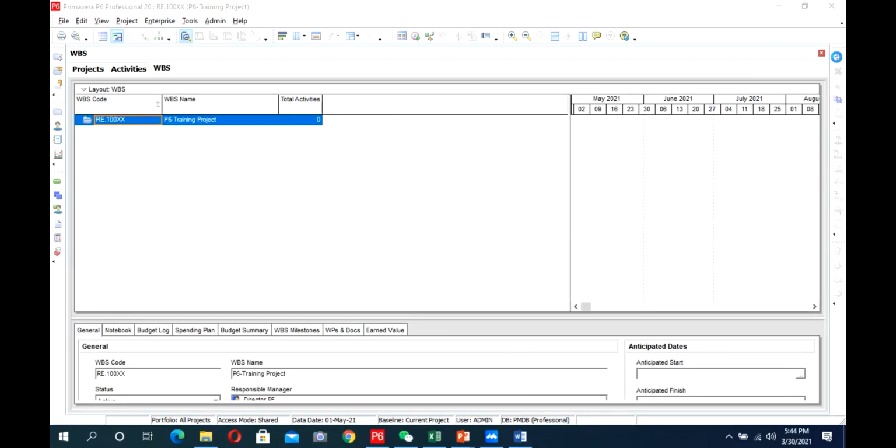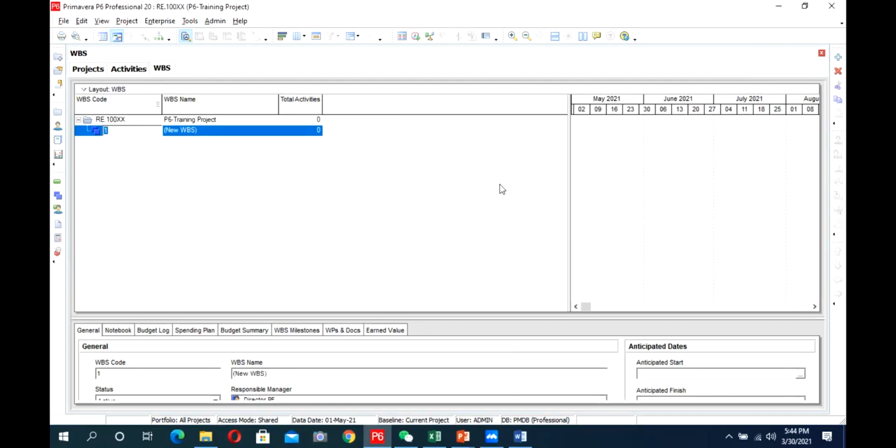So I will add a WBS node. The first one is the milestone. Again, I will add the next one. Now you see in the exercise, the WBS paths are given. This is the first, this is the second path. So I will move it to the same level.